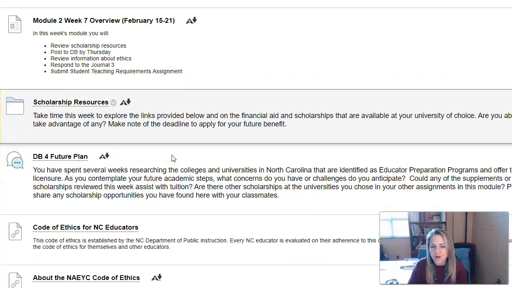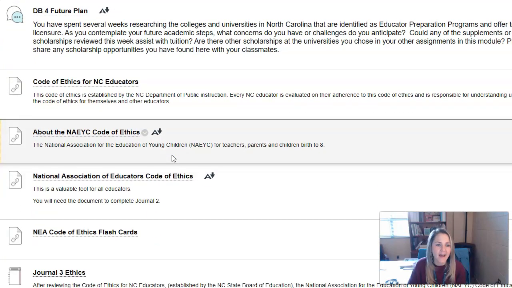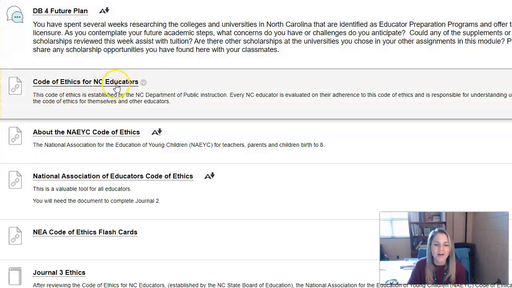The second part of the content this week is really looking at ethical practices in education. I have linked in here the Code of Ethics for North Carolina educators. This is the Code of Ethics that every teacher in the state of North Carolina is responsible for adhering to and understanding, and it is part of the teacher evaluation process.